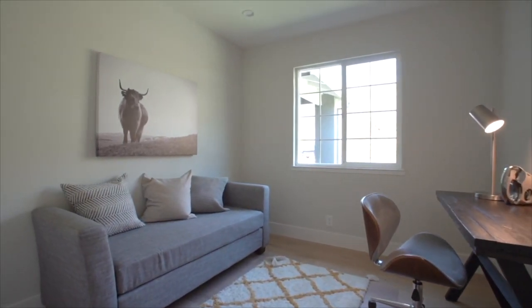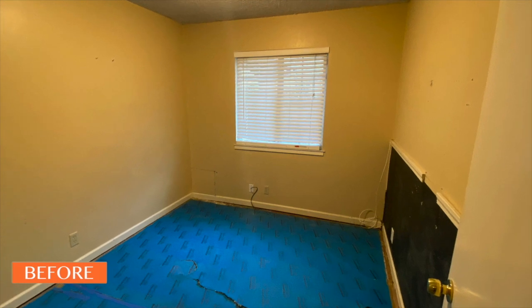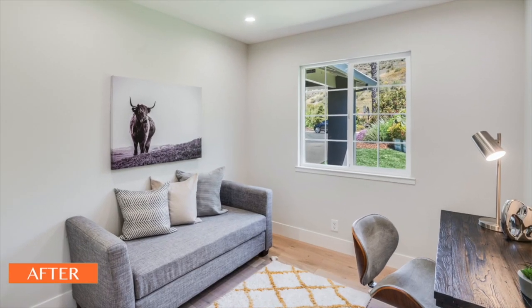And the third bedroom. This was important that we also display it as a bedroom. However, with the whole work from home lifestyle that we have now, having an office was also of much value. In addition, there are a lot of properties that are sold where all the bedrooms are not staged. So you be the decision maker, you decide if the house looks better and tells a better story when everything is staged. Next on the list,